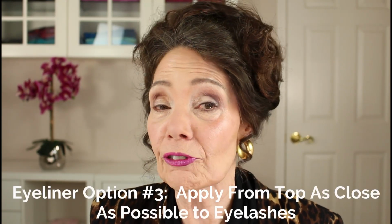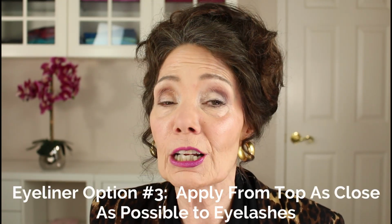So from underneath my eye, and again, I'm just going to lift that lid area a bit, I am just gently tapping on eyeliner, just right between the lashes. I think you can see what a difference it made just to tap a little bit of that eyeliner between the lashes. A third option is to use eyeliner going in from the top of the lashes as close as